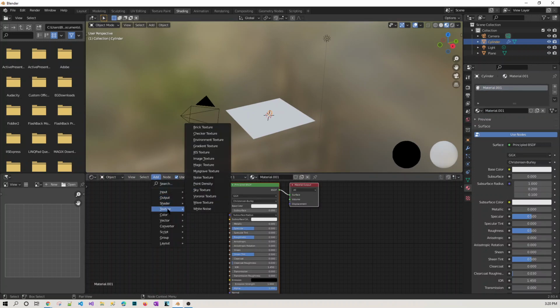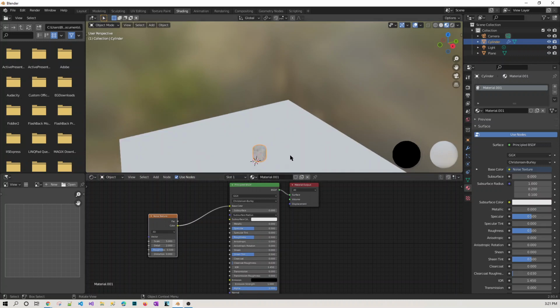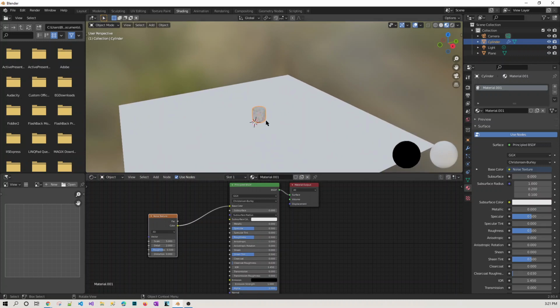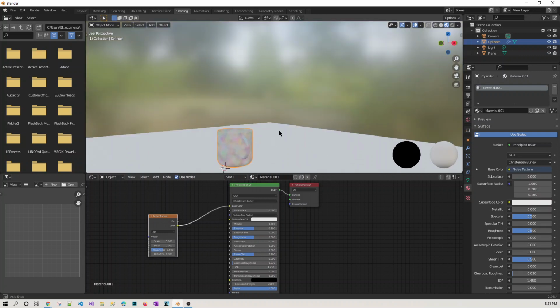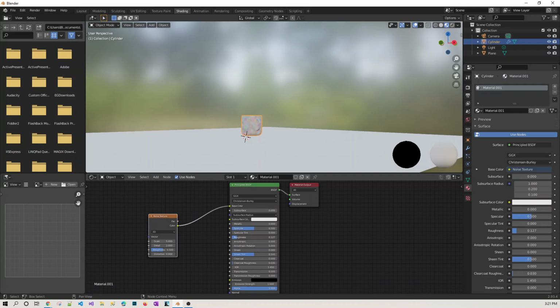So for example, if you go to texture and use the noise texture, and connect this color to this base color, right? If you just wait, it takes some time to render. Here we go. Press shift and shift. You see, this is how you can reduce the roughness, give a shiny color over here.